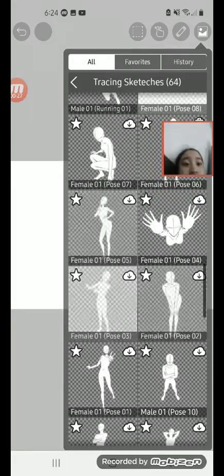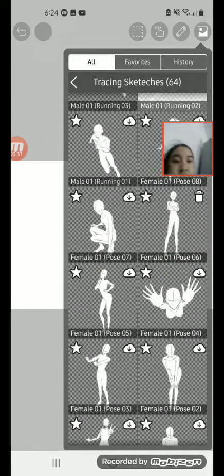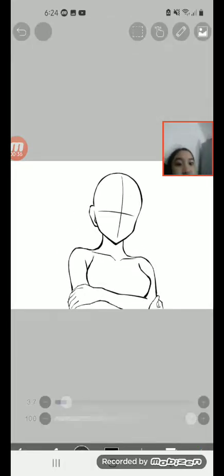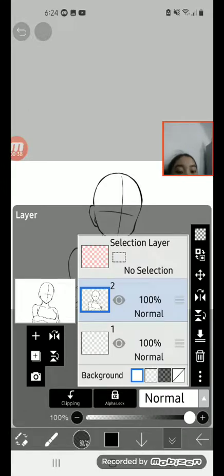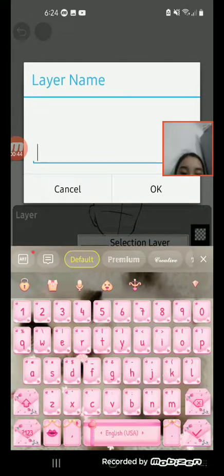So I use this female one pose 6, so I place it right here. First you need to start off with a body guide so you know where your hair is at. Next you could add another layer and then add